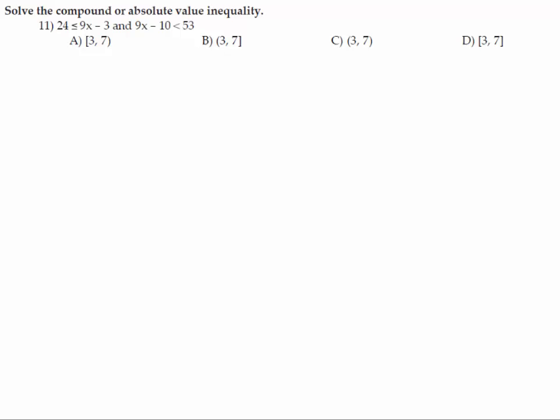Okay, this one here is again another inequality. "And" means what do we have in common between two sets? When you see "and," it means intersection, or what we have in common between. This is a symbol we use for that. So the first one we have 24